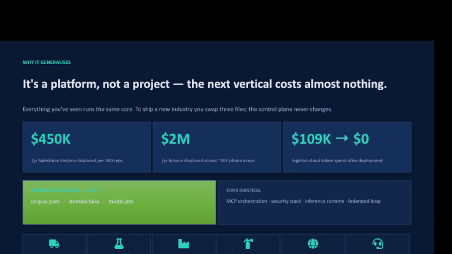Everything is domain agnostic. Even this application doesn't know anything about clinical triage. So the baseline is, if we want to ship it for a different vertical, we just need to swap the three files: corpus, domain, and model PT.